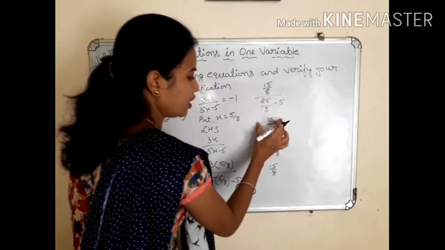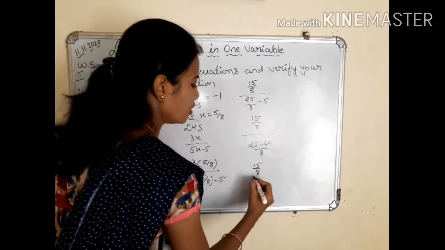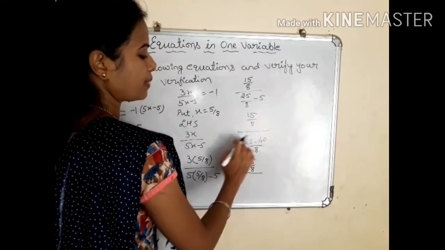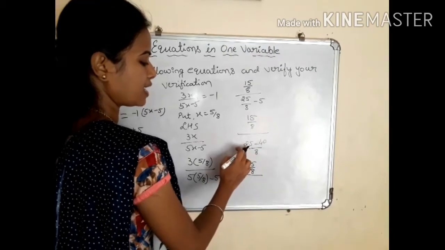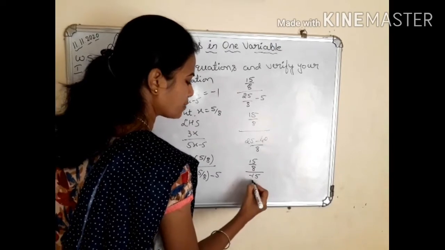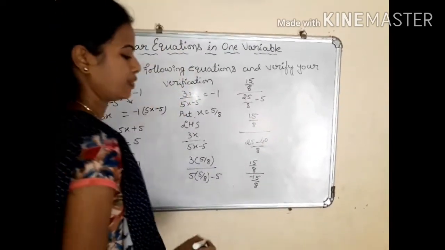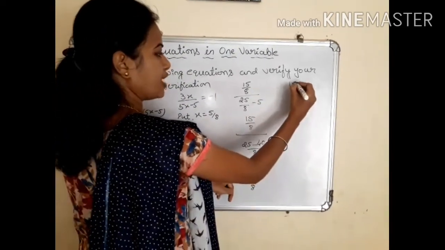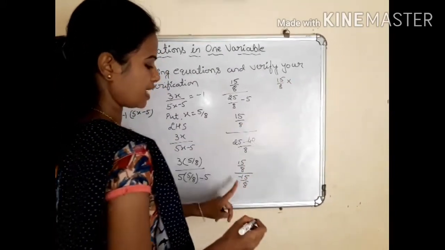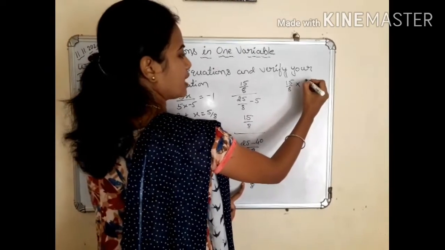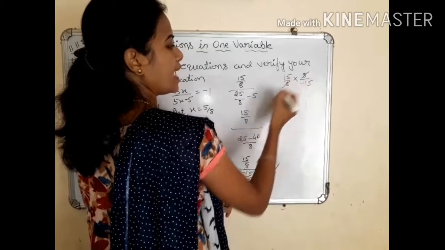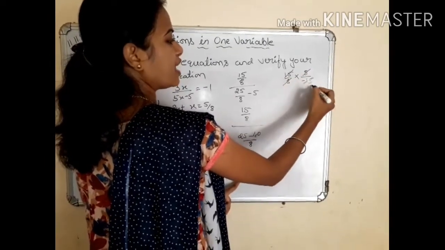15 by 8, numerator part, write as it is. The whole divided by 25 minus 40, nothing but plus into minus is minus, 40 minus 25, 15 you will get. Greater number sign minus, minus 15 divided by 8. Numerator, write as it is, 15 by 8. Denominator, convert the division into multiplication and convert this one as reciprocal, 8 by minus 15. 8 ones are 8, 8 ones are 8, 15 ones are 15, minus 1s are.